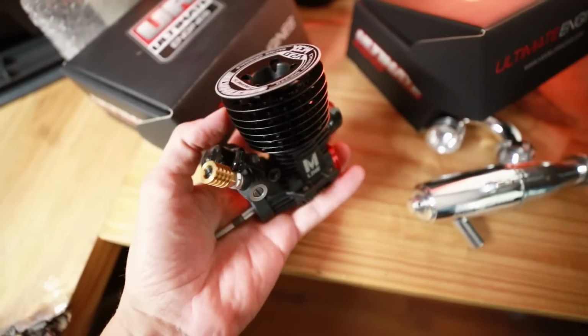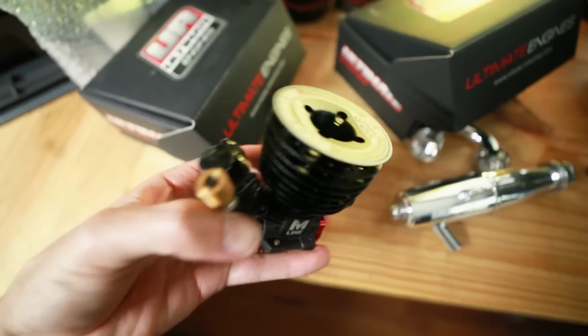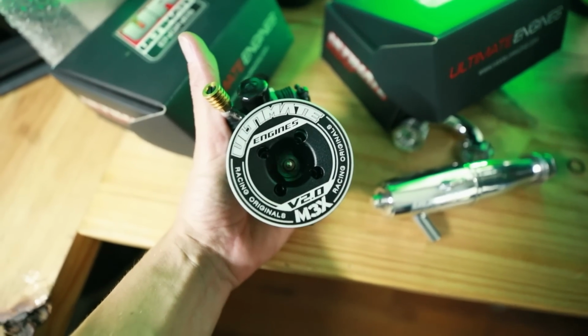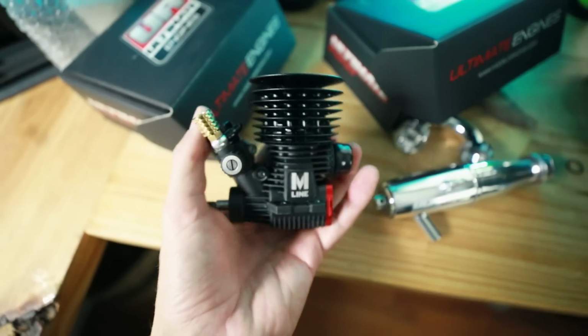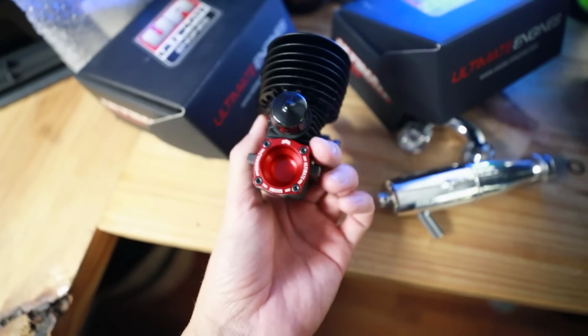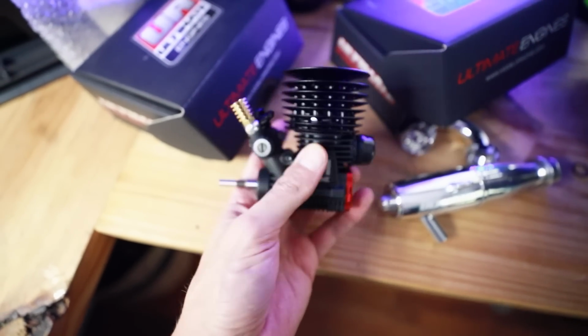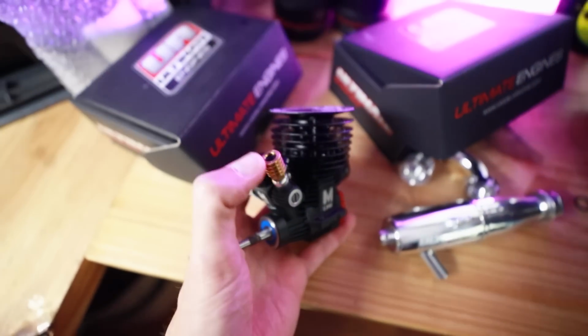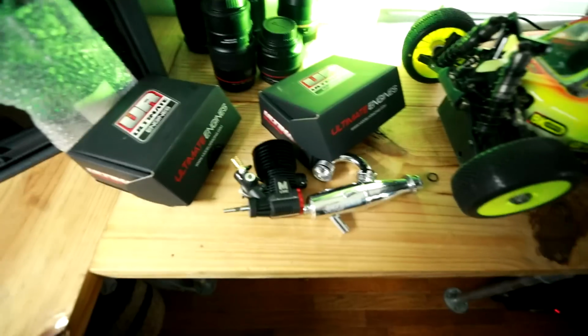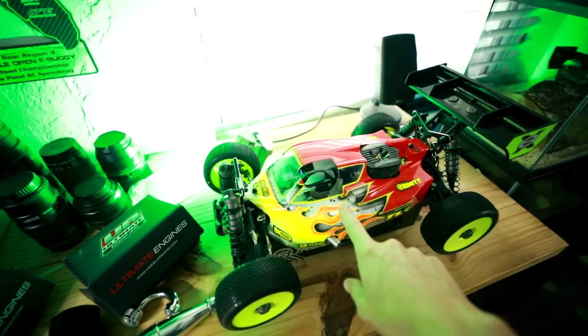But I don't know everything about these motors. I do know that it is an OS based motor, so you're gonna get that awesome reliability that you had with any of the OS motors that you've run in the past. And it looks pretty sweet. I like that red backplate on there. I like the finned high-speed needle. So really looking forward to putting that stuff in here,